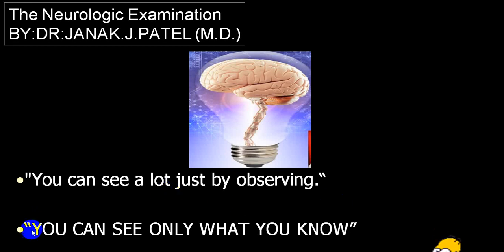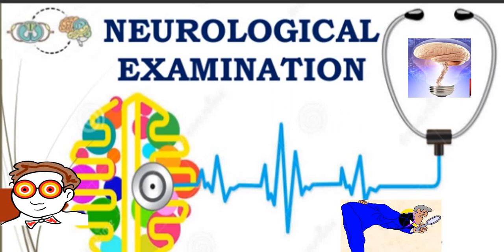And it's always very clear that you will be able to see only what you know. It means if you don't know what finding you come across in which disease, even if it is present in that patient, just by observation you will not be able to identify it. Say you don't know what Bell's palsy is. Even if the person has Bell's palsy, when you see from a distance, you can easily identify it only if you know it. That's why you can see only what you know. So that is absolutely necessary.